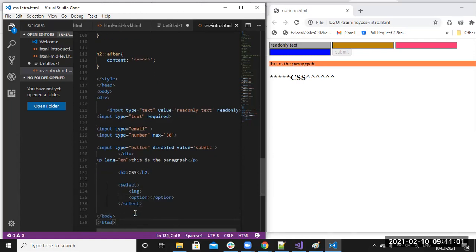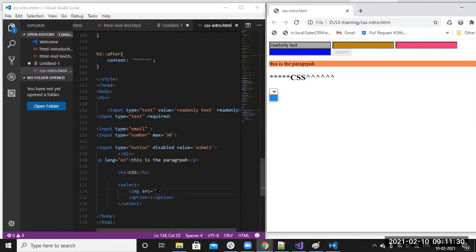You can't write an image like this inside an option. You want to add an image before every option, but you can't write image and src like that, because it will not allow you. It will give you an error.